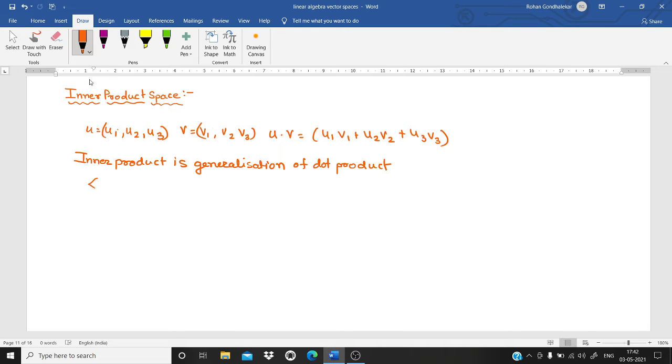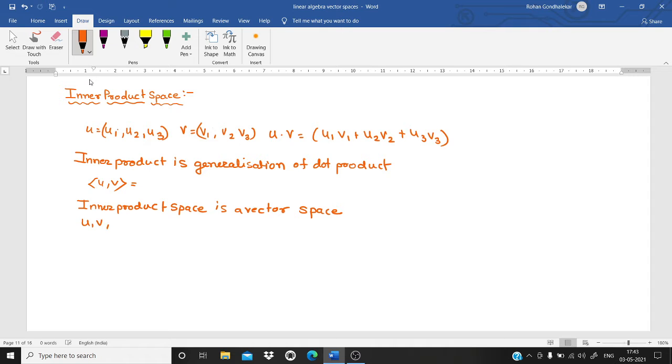The inner product of two vectors is usually denoted by two angle brackets, and in between them we write the two vectors u and v. So it can be defined according to the given set. There are various different inner products we can define, no doubt. But one more thing: what is an inner product space? An inner product space is a vector space. That is very important. It is a vector space. Fine.